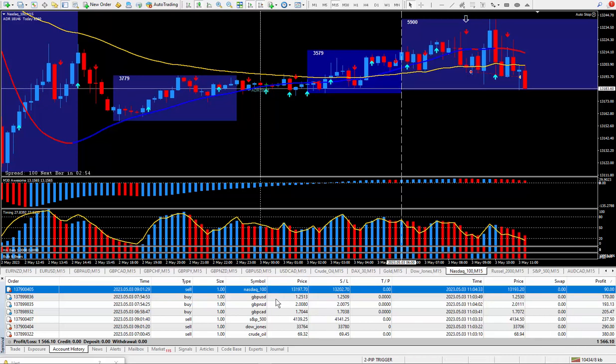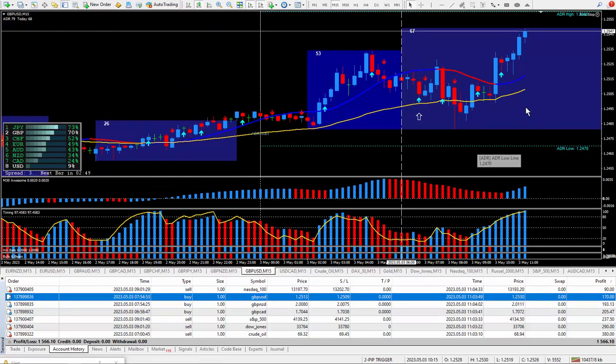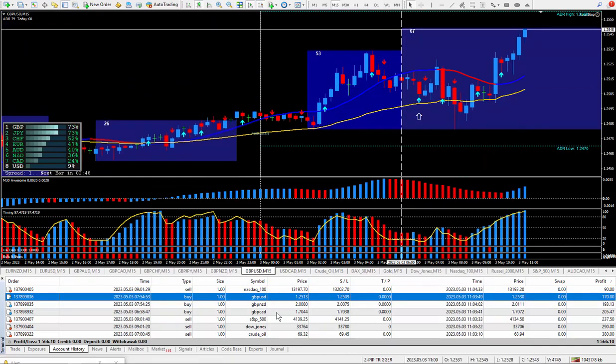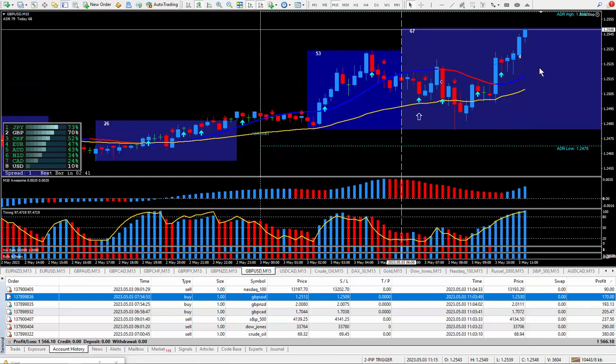So in the next trade, pound dollar, on this pound dollar, it does pay $10 for each pip because of the USD on the right hand side. Drag and drop this up, see where I got in at. And here's another one. If I was still in a trade, I'd be getting my way up over the 200. But anyhow,